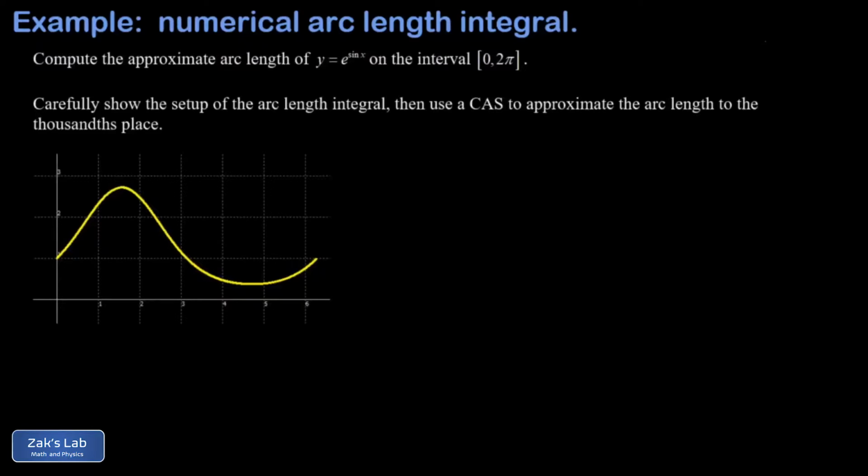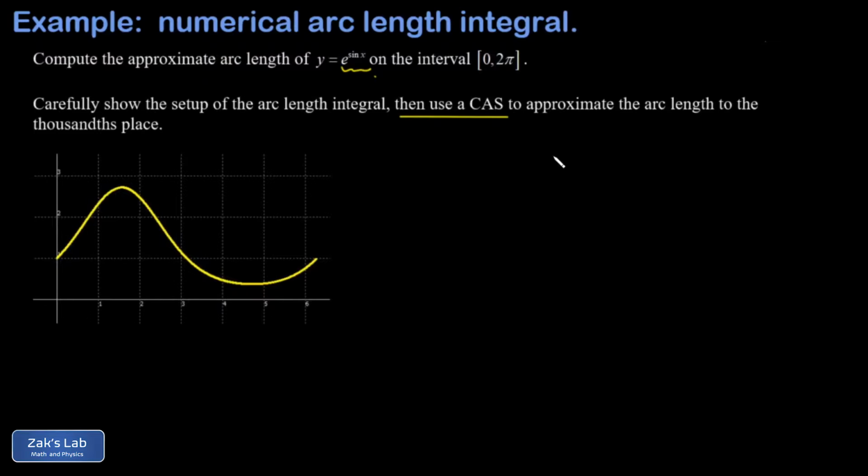In this video, we're computing the arc length of y equals e to the sine x on the interval 0 to 2 pi. We're asked to carefully show the setup of the arc length integral, and then to use a computer algebra system, or CAS, to approximate the arc length. In other words, this results in an integral that cannot be done symbolically, so we have to rely on